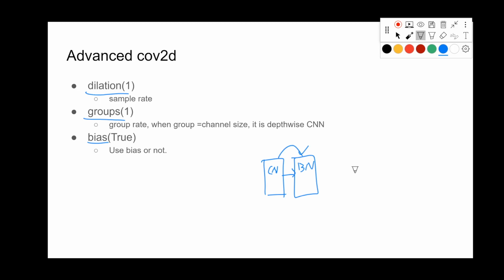So we will set the bias term in the CNN to be false, so that we can reduce a couple of parameters without affecting the performance. The dilation and the group parameters are used to implement some special types of convolution.